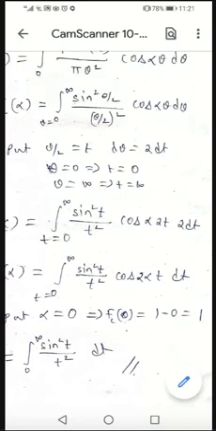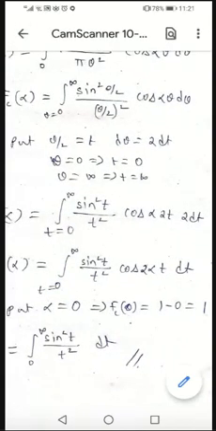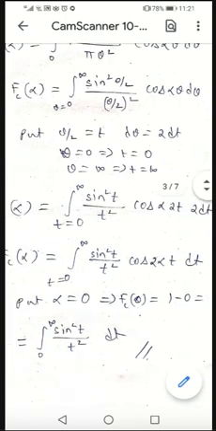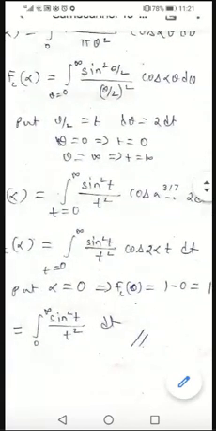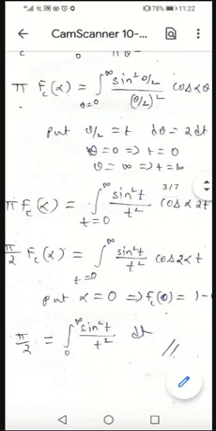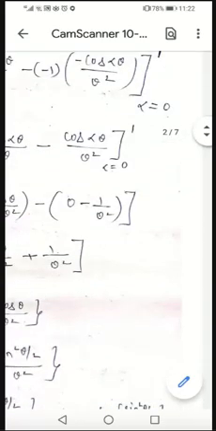For my convenience, I have to make cos 2 alpha t as 1, because I need to find the value of integration from 0 to infinity sine square t by t square dt. So I have to vanish the cos term. That's why I am going to take alpha value 0. I cannot take t value 0, I cannot take 2 as 0, so I have taken alpha value 0. So on the left side, Fc of alpha becomes Fc of 0. But Fc of alpha we already know that. What is that Fc of alpha?